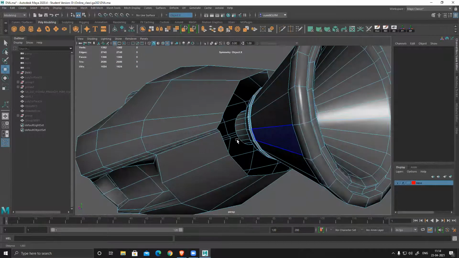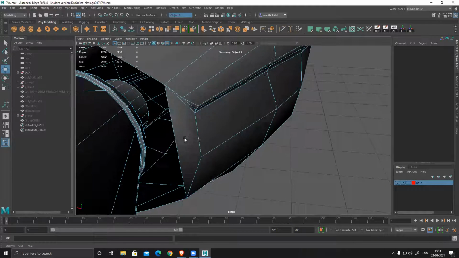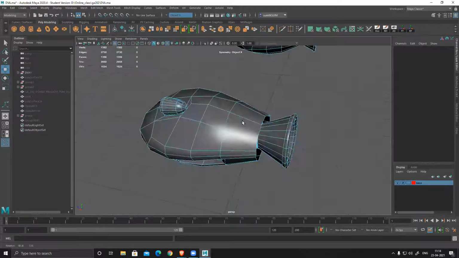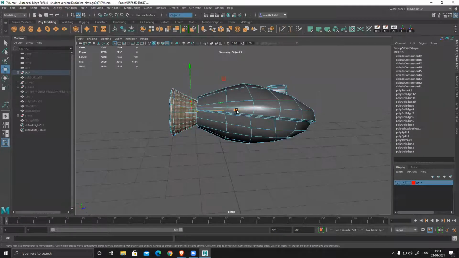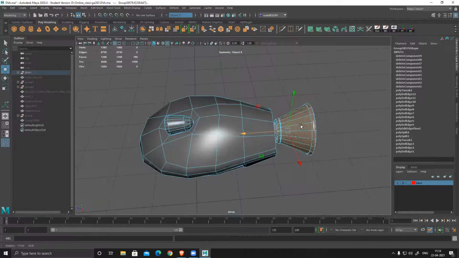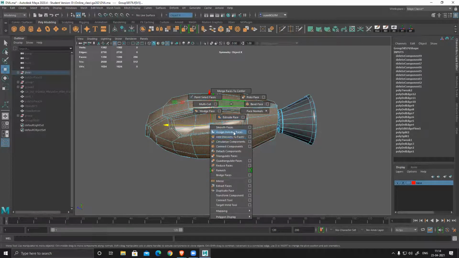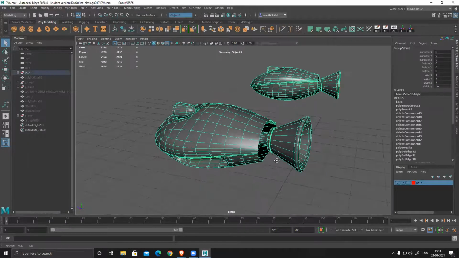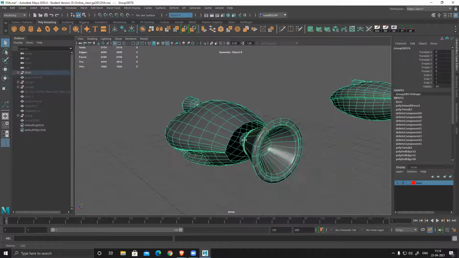This back side is flat, so I'm deleting it to get rid of any unwanted thing. Smooth faces. I can see the shape is clean, smooth, and there's no distortion now.